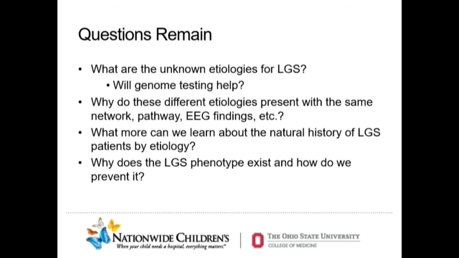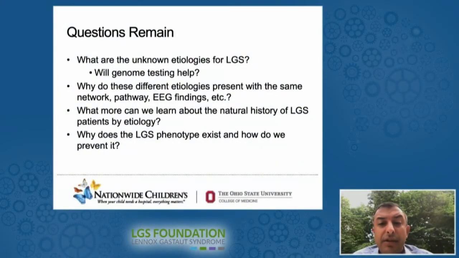I've often found this question to be very important: what about this specific pathway or idea comes together to cause this difficult to treat epilepsy, intellectual impairment, and obviously all those things Tracy eloquently said as it relates to having a child with Lennox-Gastaut syndrome. It is obviously very difficult at times and can be very devastating. And these patients go down a road that many others do not have to go down. And why does that happen? And how can etiology help us when we know it's such a varied presentation?